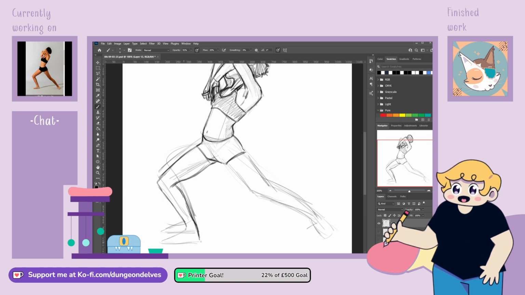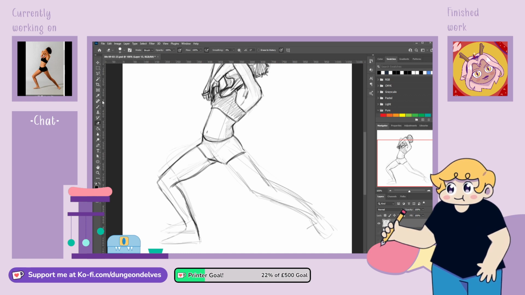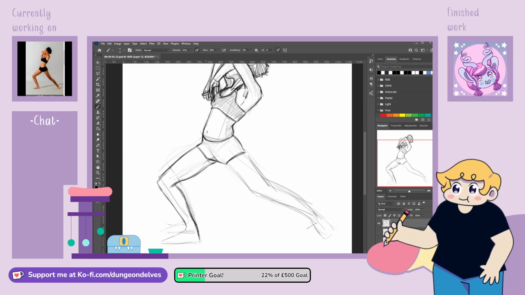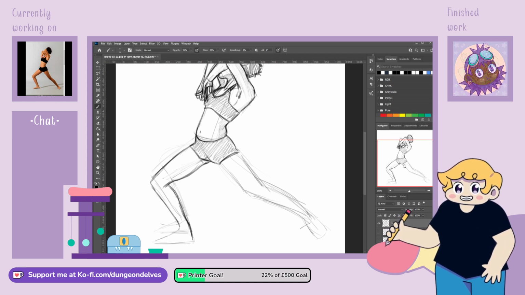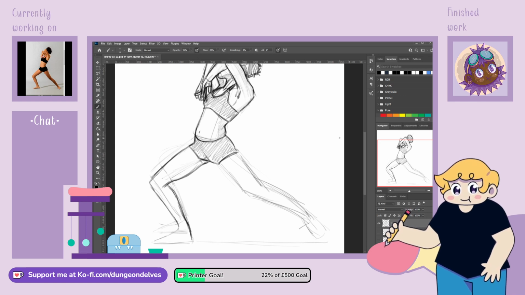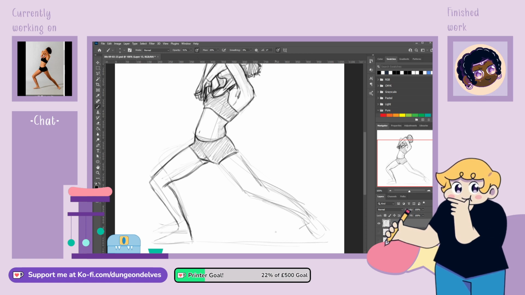So I'm gonna just move that down. Just move that down a little bit. Okay, just move that. And I'm going to give that a shade because I'm happy with where they're sitting. Okay, and then let's look at this leg. So if I just draw this line across here, like so. I don't think it's too far off.